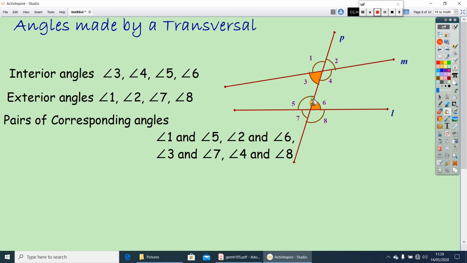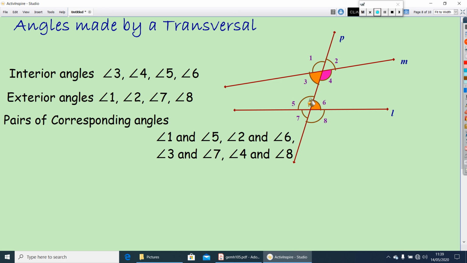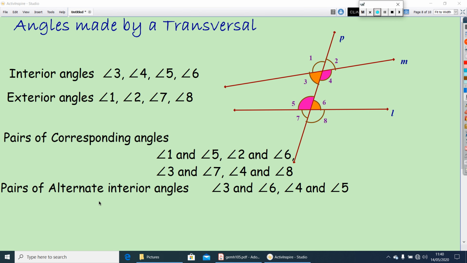One more pair you can say, that is angle 4 and angle 5. Pairs of alternate interior angles are angle 3 and angle 6, angle 4 and angle 5. In the same way,